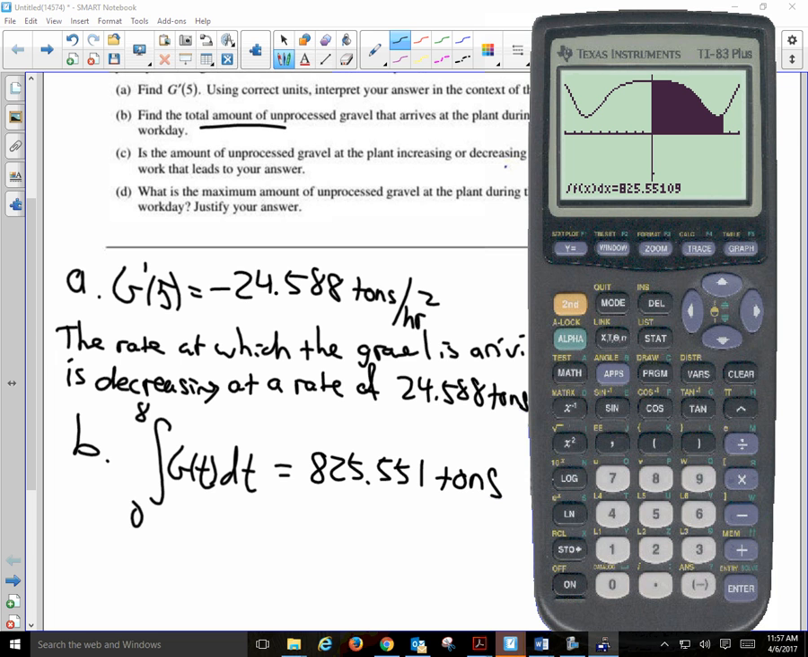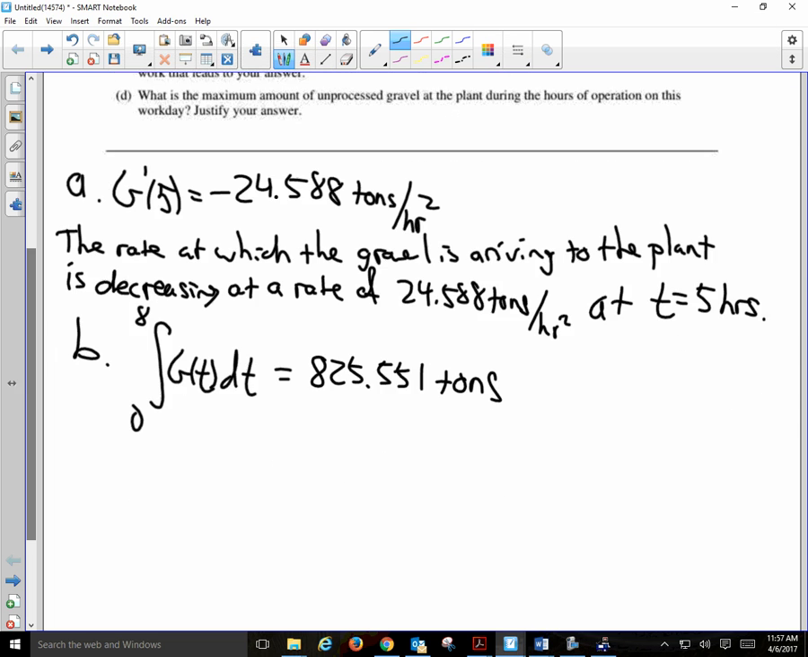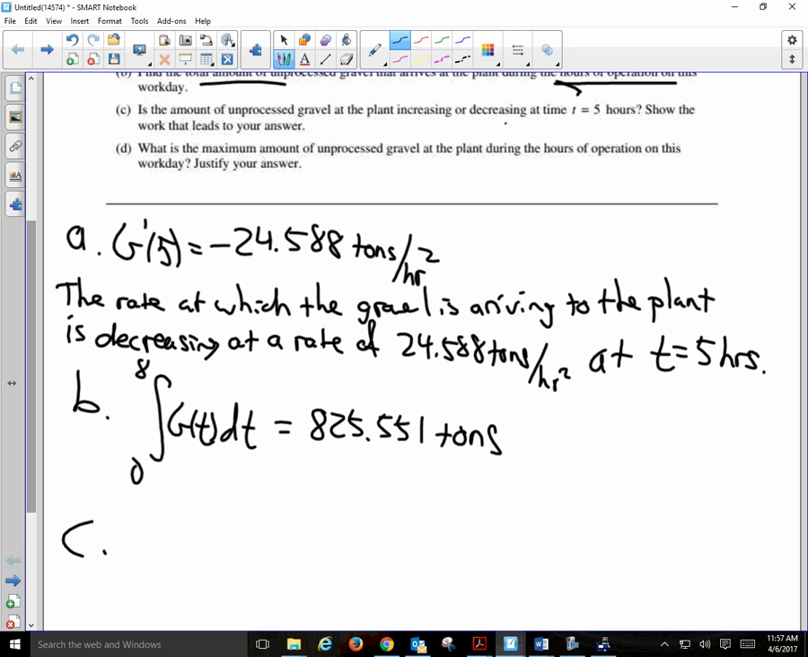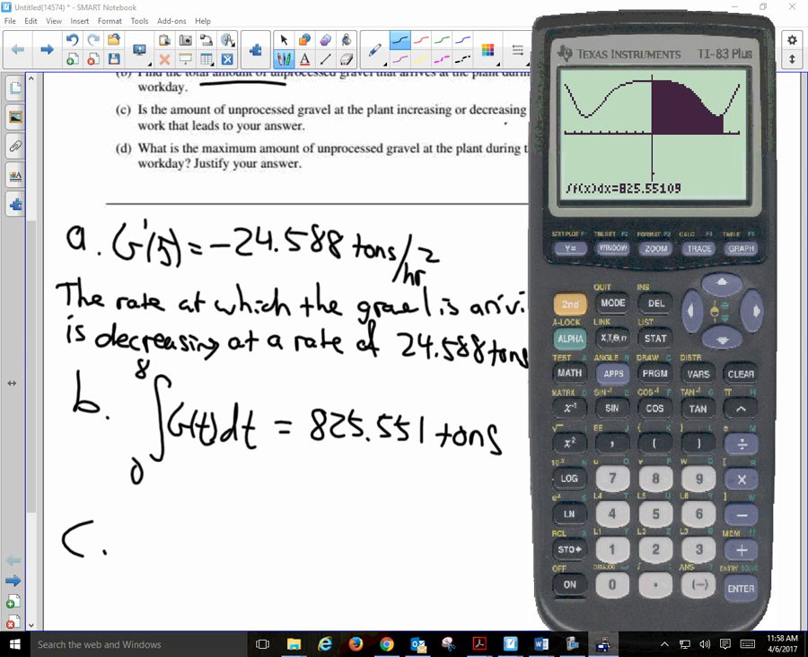Okay. It says, problem C, this is where I got my point off. It says, is the amount of unprocessed gravel at the plant increasing or decreasing? Now, look at the graph. This is a rate. The graph is a rate. Is the graph positive or negative? It's positive. So that means that we're always bringing